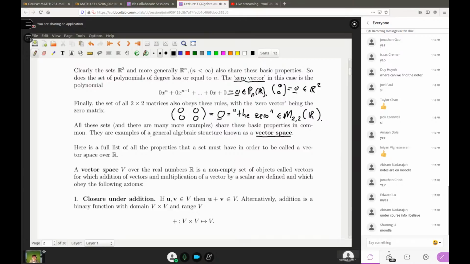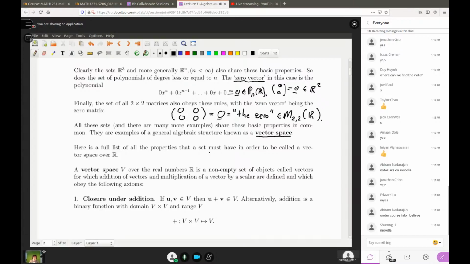Let's move on. If you open up the dictionary and you look for vector space, you'll find there's nothing there. We're going to provide a definition of what it means to be a vector space and thereby provide a definition of what it means to add, what it means to scalar multiply things, what it means to be zero even. So here is our definition of vector space.